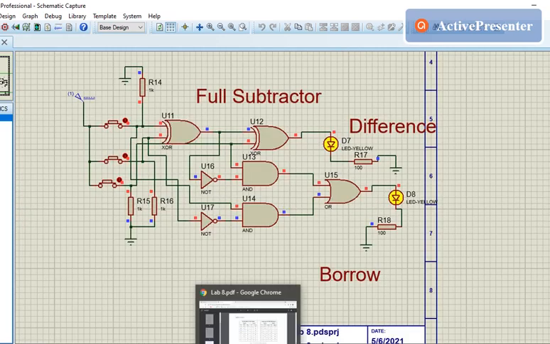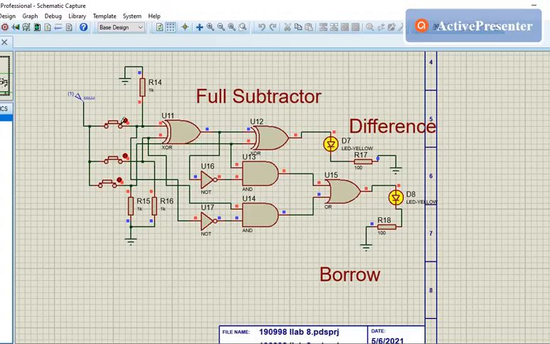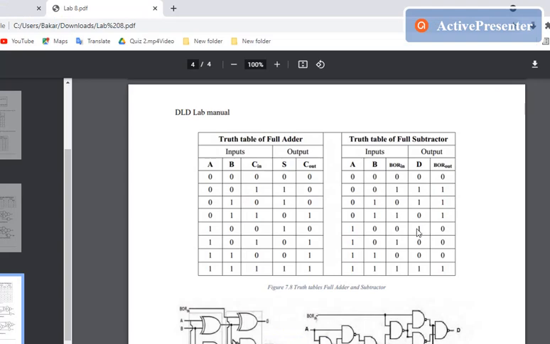Let's see the full subtractor. We'll check, let's say, 100 and 011. So the difference is 1. Here you can see the difference is 1.